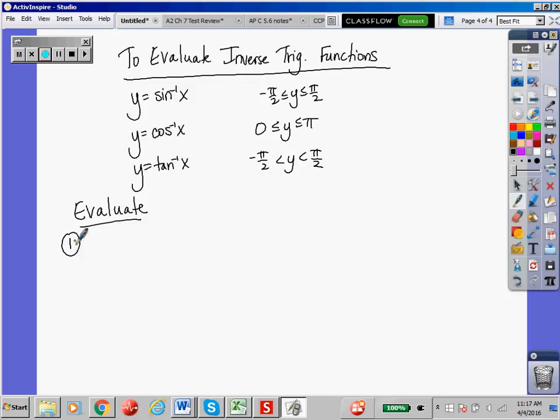All right, so number 1, if I want to find the inverse cosine of radical 3/2, well, the answer is an angle, just